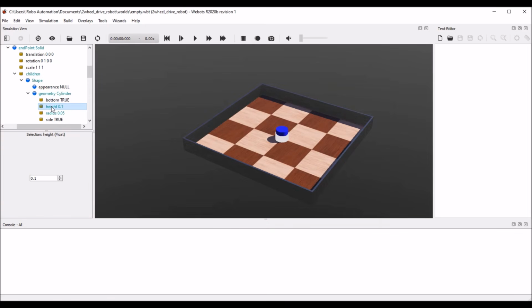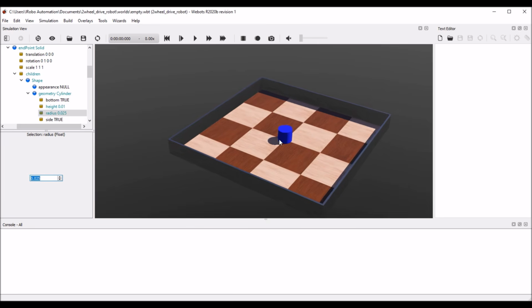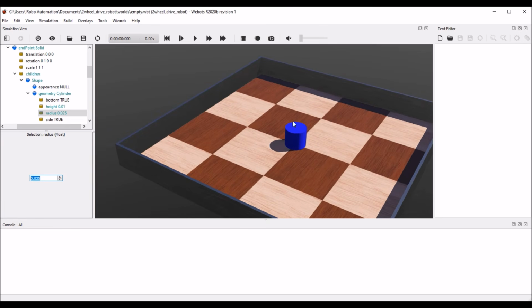The dimension of the wheel is, height is 0.01, radius is 0.025. It's not visible because it is inside the body, because it is small. Now go to appearance, double click on the appearance,